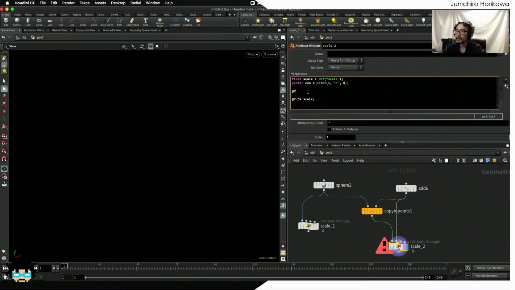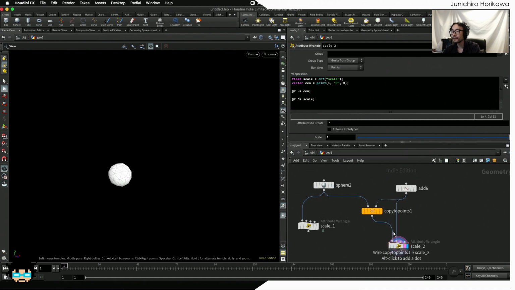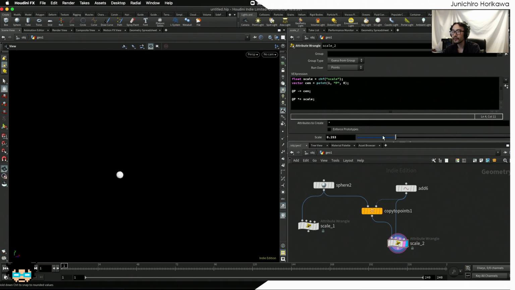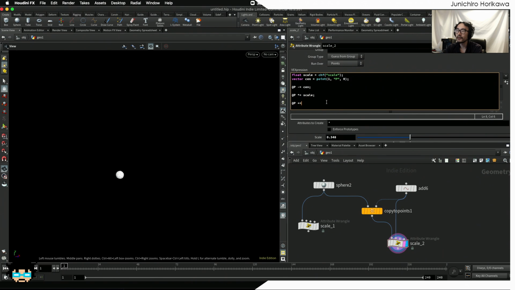So we can subtract the current point position of the sphere with this center value. Now we have just moved the sphere back to the center, then we can scale the value using the origin as a scaling point, scaling center. Now after we have scaled it, we can move this back to the original point position by adding the center again,